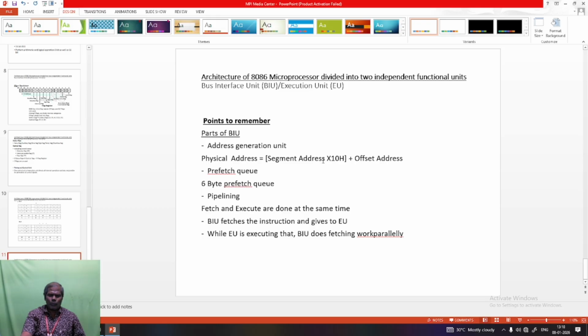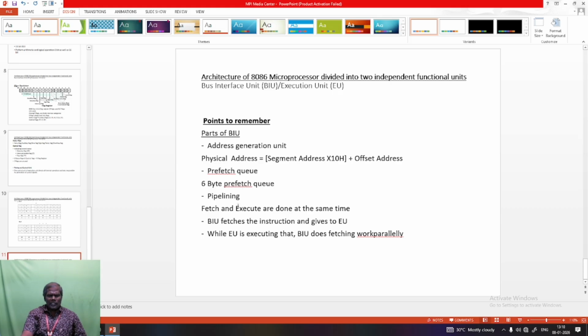For finding the correct position, we multiply the segment address with 10H, then that multiplied value will be added with the offset address. Finally the value you get is your physical address. Then that value will be given to the prefetch queue. The prefetch queue is a 6-byte prefetch queue.